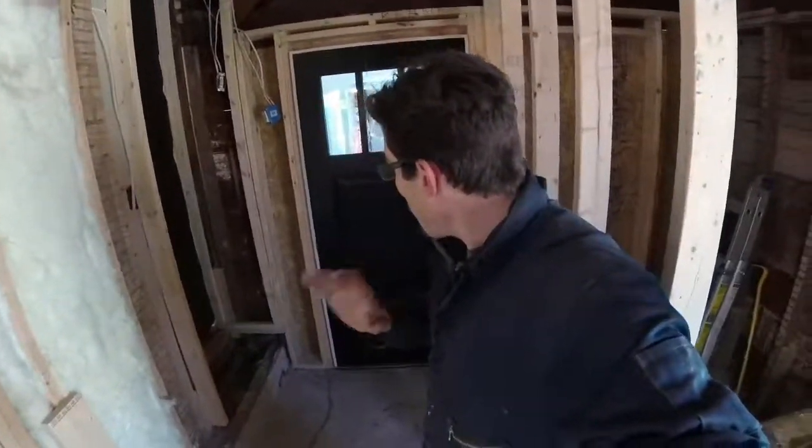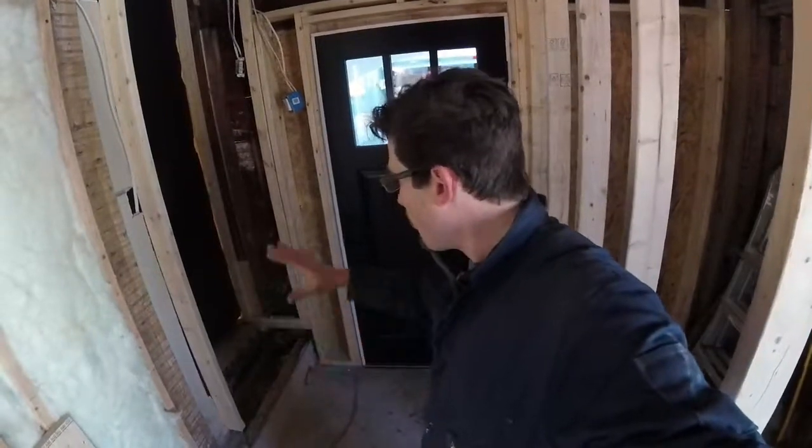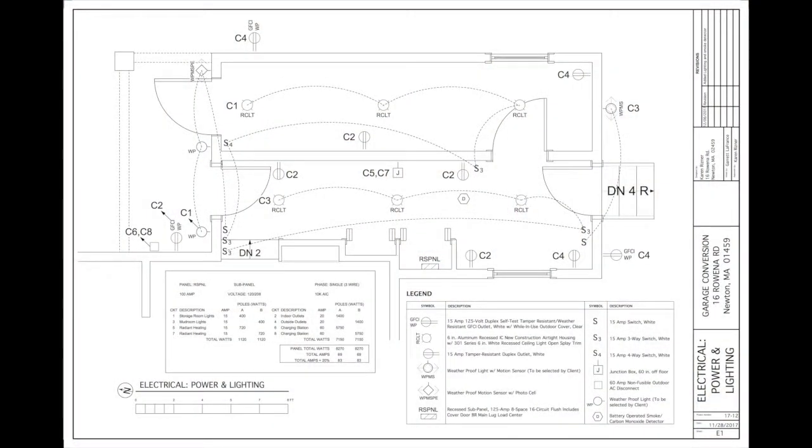So that was what we did end of day 10 here. And tomorrow we're going to continue blending this in and getting all the rest of the framing, or what we call the critical framing, up, and that's where they're going to be putting in all of the electrical and all of that. And I'll actually just post a picture of what the electrical plot's going to look like for this, in case anybody's